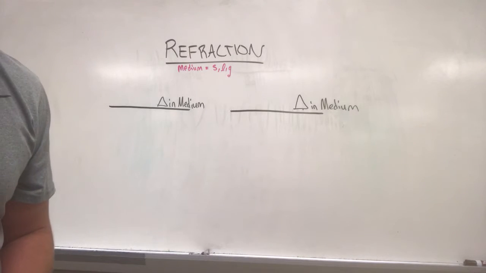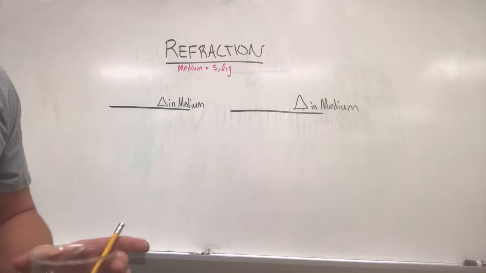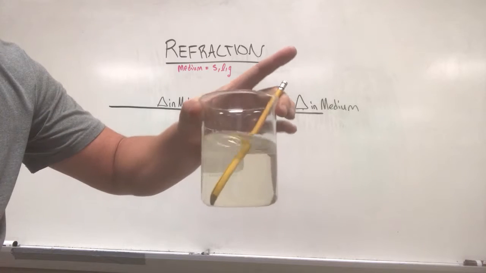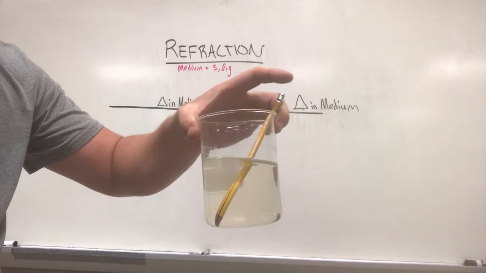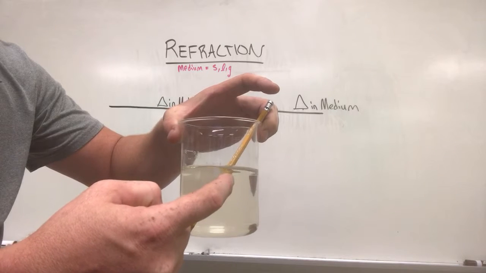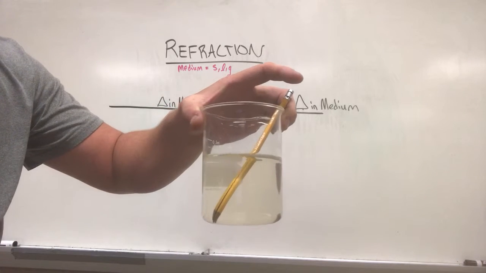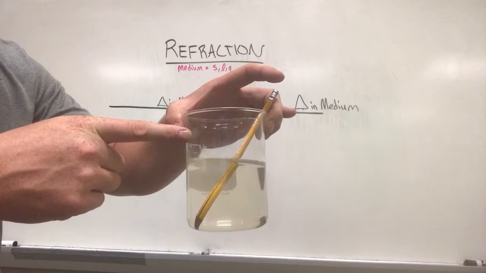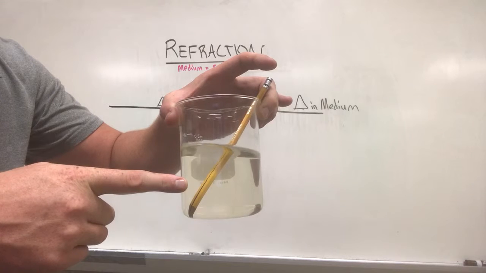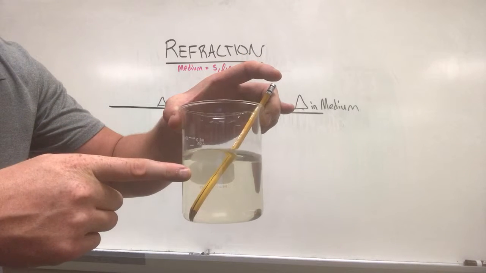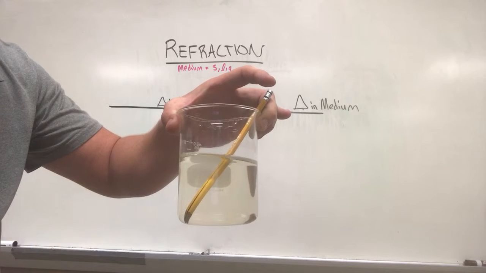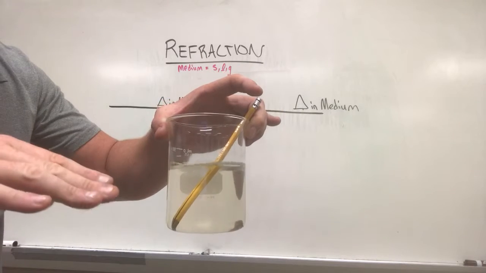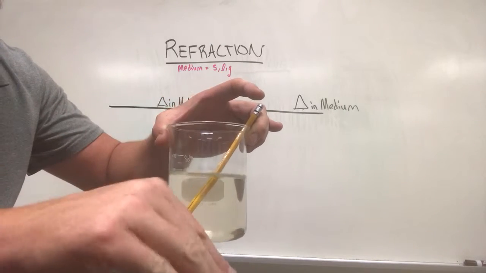You've seen several different examples so far, but probably the most notorious is the pencil in the water. Try to get my hand out of the way here. If you look at it, you can see that it looks like the pencil is in a different spot in the water than it is in the gas. That's because light travels at different speeds in a gas medium versus a liquid medium. So when it changes, right here's where it changes, as light travels through, it's either going to bend up or bend down,